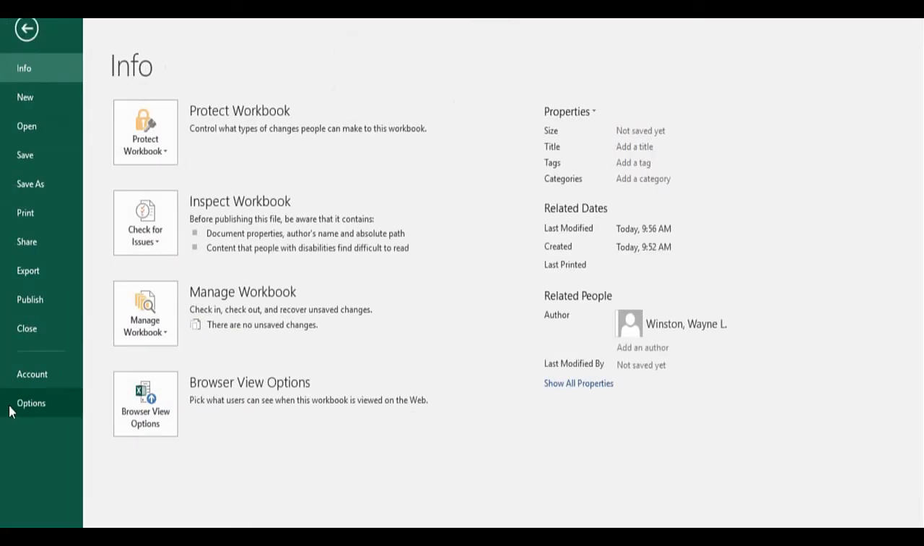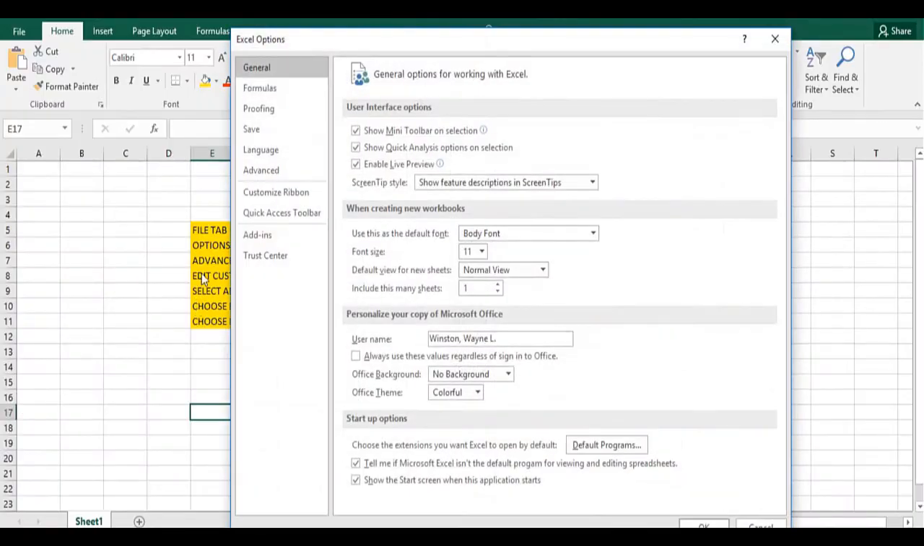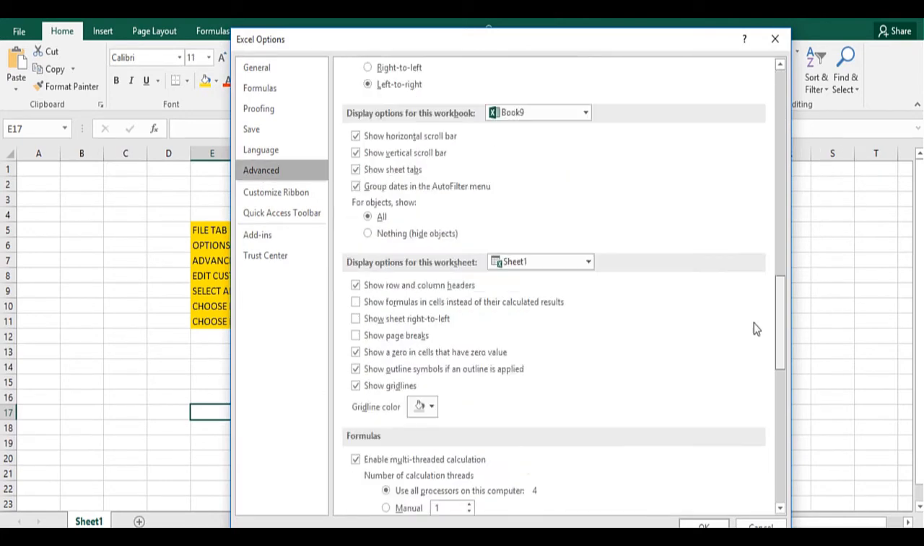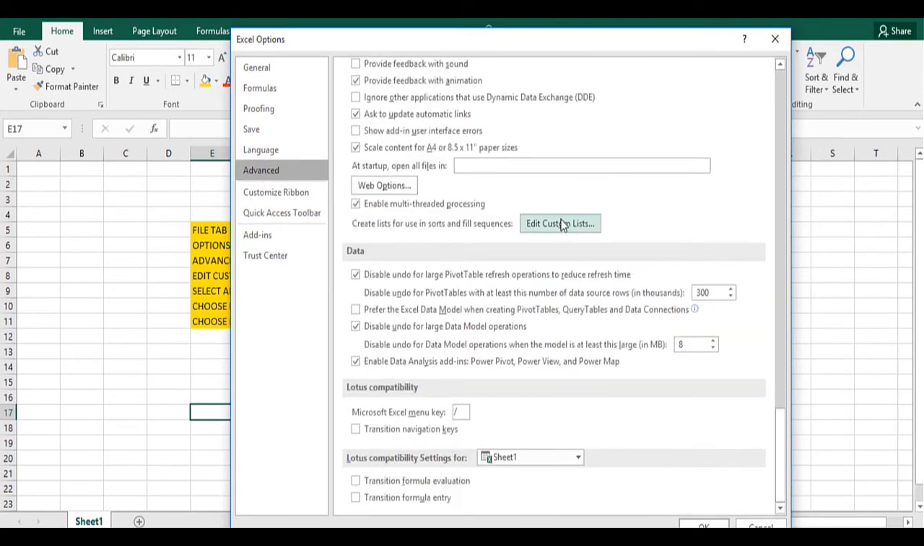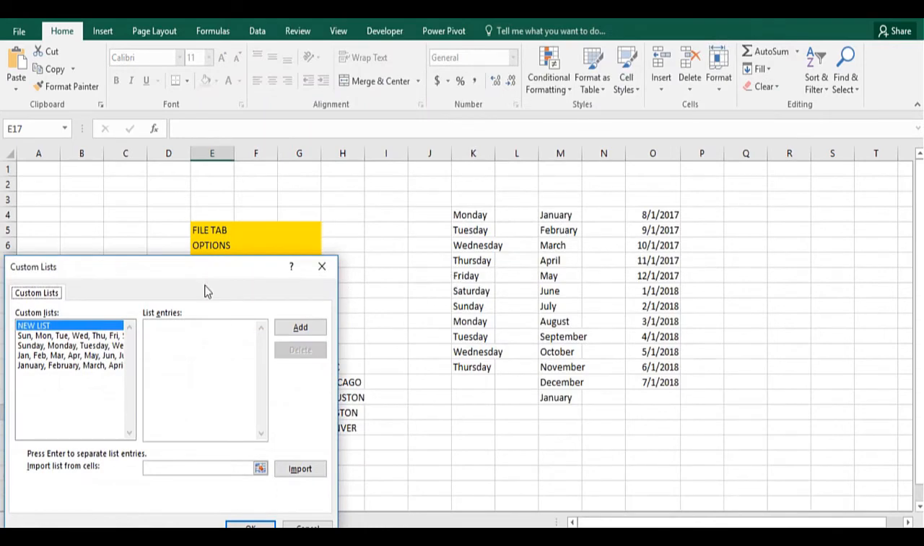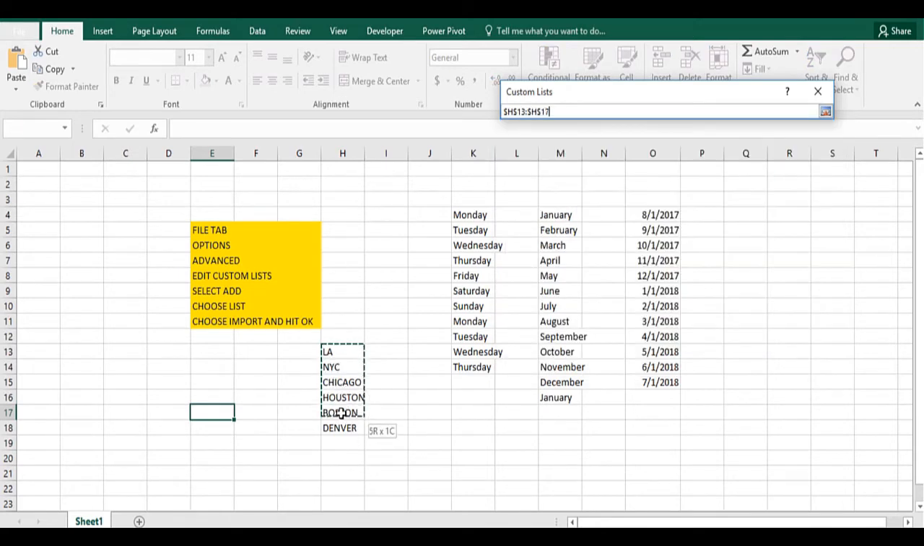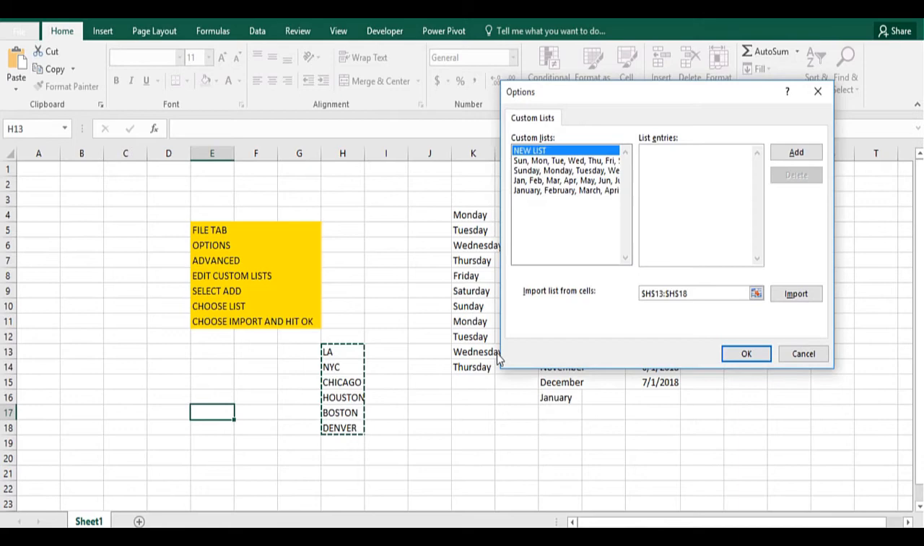So file tab, options, advanced. Got to go down to the bottom here, pretty close. Edit custom lists. Okay, so here's the key thing. So we can click add, and I can pick out my list. There's my list. Okay, import. Now let's see the list is there. I can delete it if I want, but if I click OK